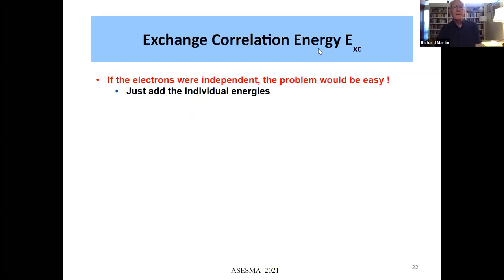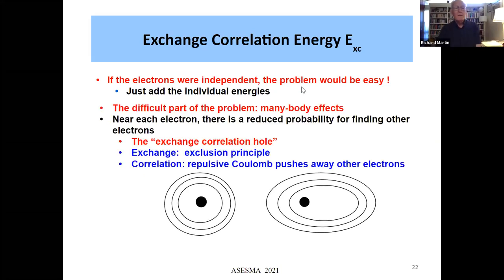So what is the exchange correlation energy? If the electrons were independent, then you just add up the eigenvalues. The difficult part of the problem is that each electron really is not independent of the others. There's a reduced probability of finding other electrons near each electron, and this is called the exchange correlation hole. This is the difference from just this average density calculation that's called the Hartree energy. The real system